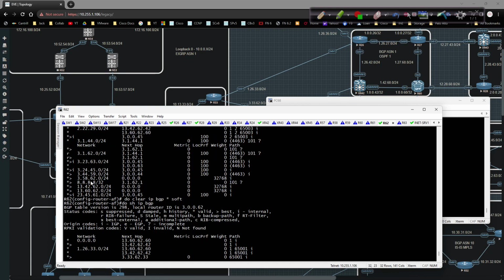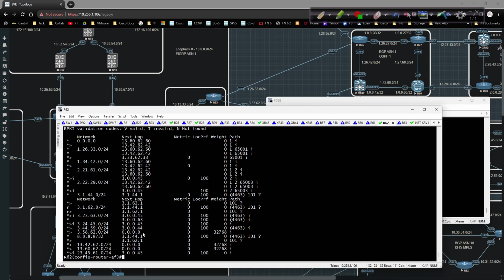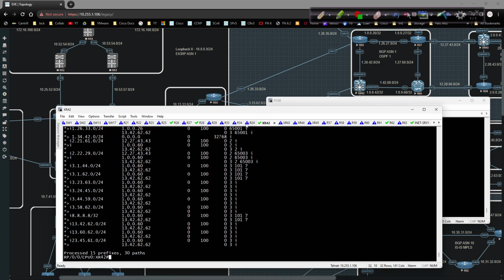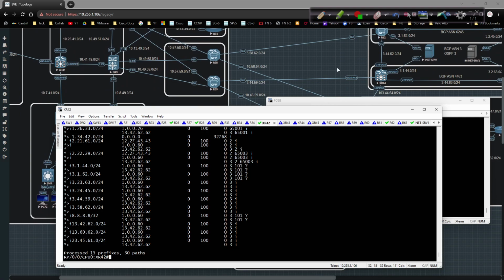If we look at it before, we had quad 8 coming from 3.162.1 this way, right? But now we see it coming through 3.141. We see our BGP confed peering, right? That comes through. Then we look at 42. We hit the up arrow, do show IP BGP. The same thing. Nothing really changes outside of that, but what we did is we changed the way